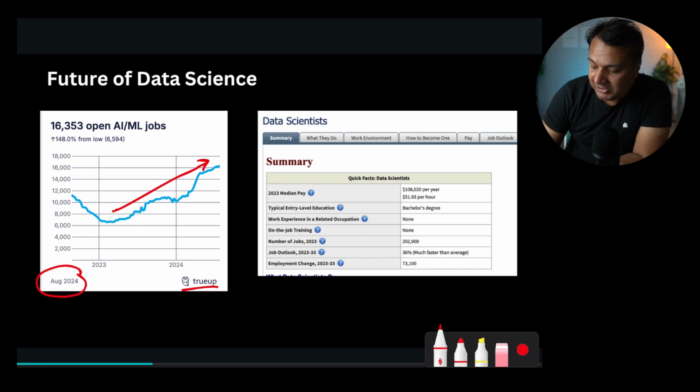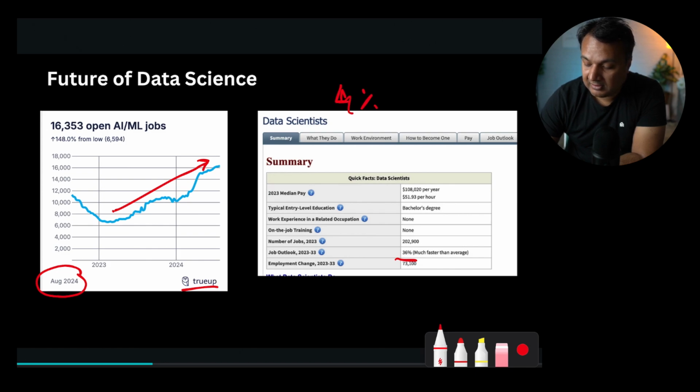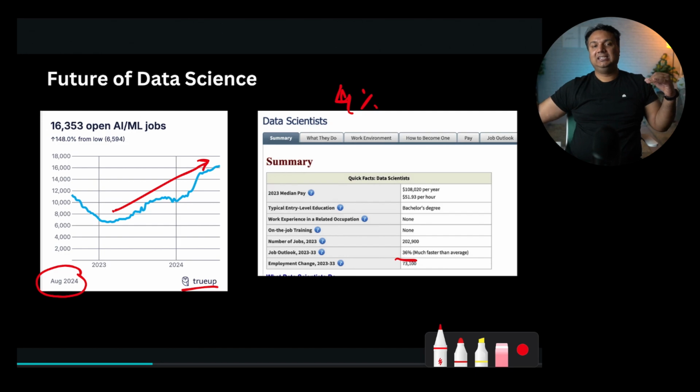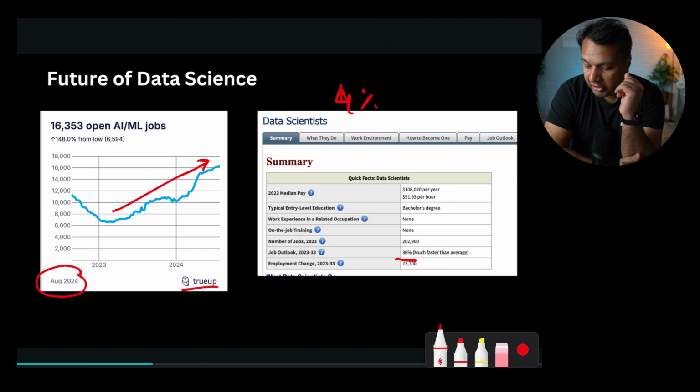So the job growth they are expecting for the data science role, and this is maybe a year old, is 36%. It is much, much faster than average, because the average job growth in the US is 4%. Now compare that against 36%. That is how much they see it growing in the next 10 years. You can go to the same Bureau of Labor Statistics website, it's a little mouthful to say, and look at job postings and see what the job growth is. You would hardly come across anything which is 36%.